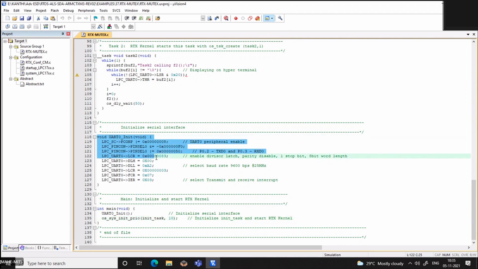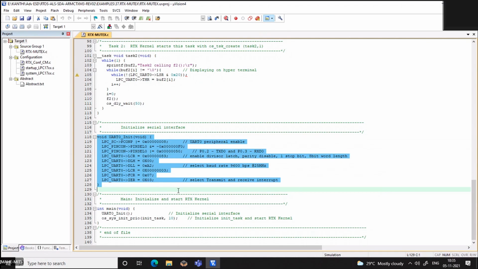In this initialization function you enable the particular pins of the TXD and RXD for the UART, set the baud rate, and set the data format through the FIFO control registers and the line control registers. For the baud rate, you have to enable the DLAB bit, load the DLL and DLM, and then disable the bit. That is a common routine in all our code where we use the UART.